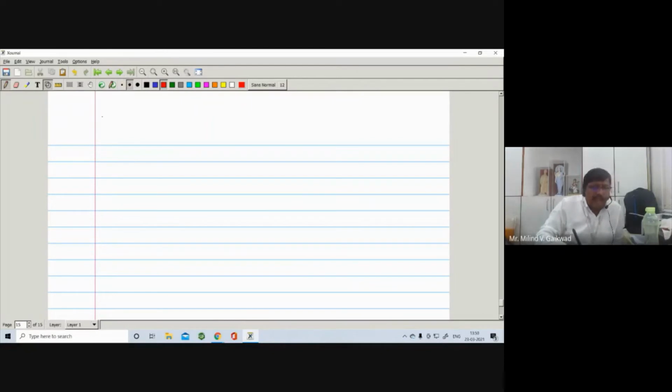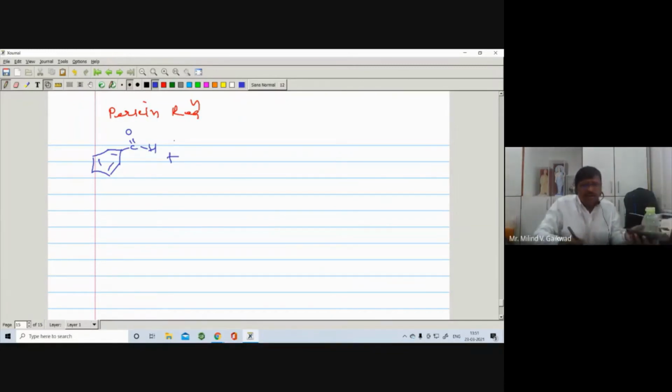So Perkin reaction, Perkin condensation or Perkin reaction. In Perkin reaction, what happens? The starting compound is benzaldehyde. Here is a benzaldehyde, here is a pi bond, pi bond, pi bond. Here is a C double bond O and H. It reacts with acetic anhydride. So this compound reacts with acetic anhydride,